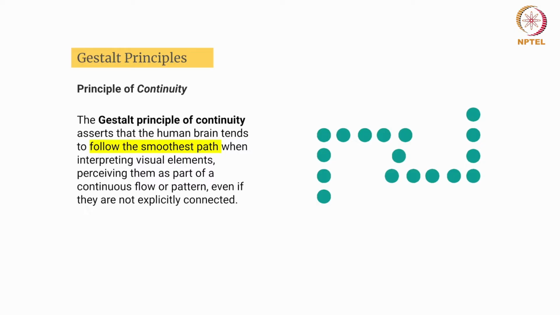So what it means is, if you see this image here, you can see a representation of a dotted line, and your eyes will tend to focus on this pathway because there is less complexity. Now when I add that other line, your eyes will tend to prioritize this line, then gradually take the path here, or the other way around, or it may just take this path as usual.